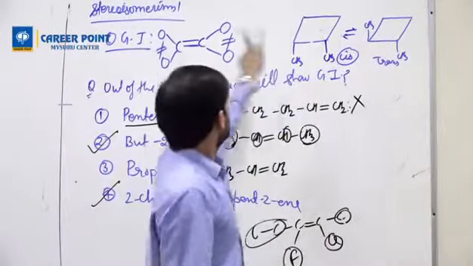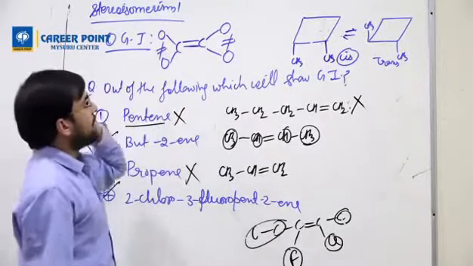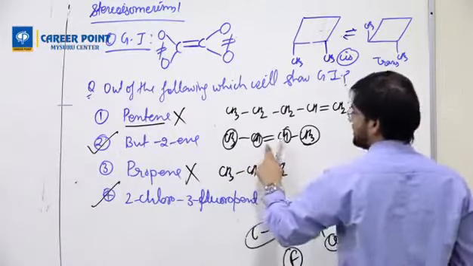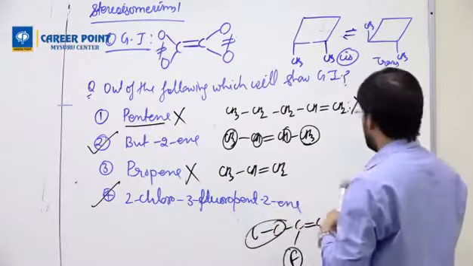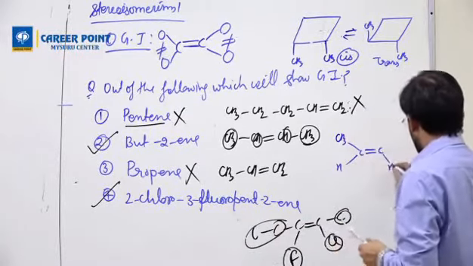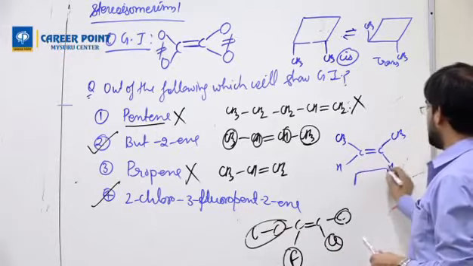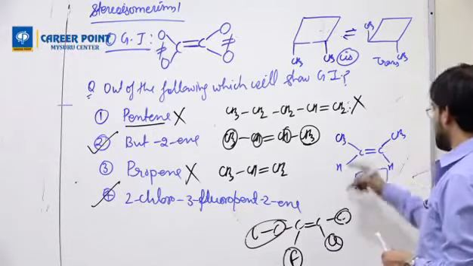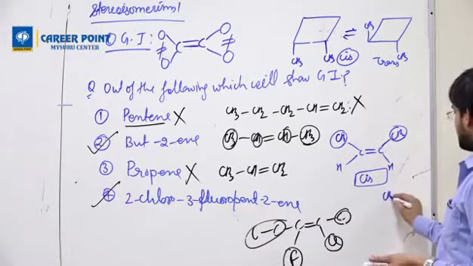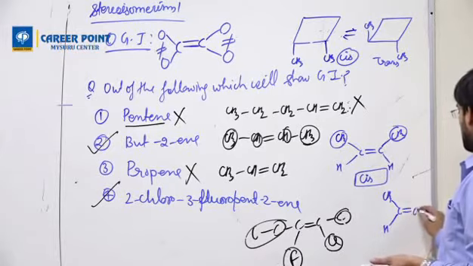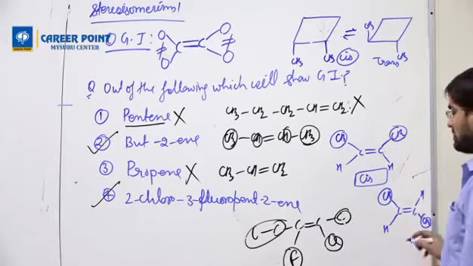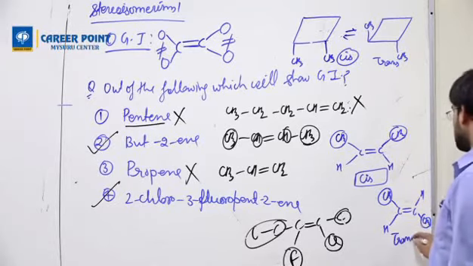This is an open chain compound. So in open chain also we have cis and trans. If you are saying this whole geometrical isomerism, then it will have cis and trans. And for that, you can draw a diagram now. CH3, CH3. This is known as cis because similar groups are on the same side. Then I can draw the reverse one. CH3, CH double bond CH, CH3. Similar groups are on opposite sides of the double bond. This is known as trans.